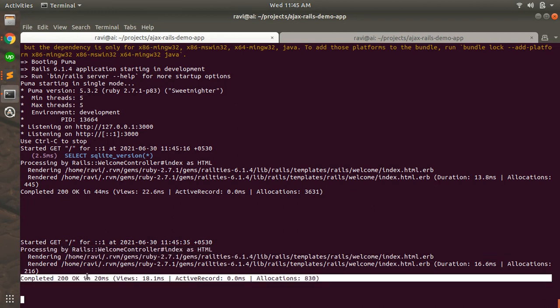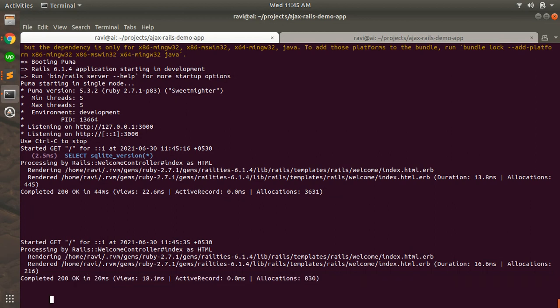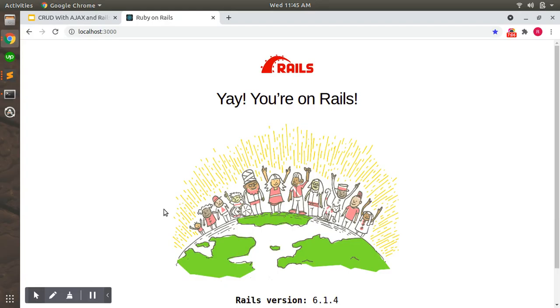Now we need to change this. What we need here is that we don't need this default landing page. Instead, we need to render our own custom page, which will display our own custom content there. So now let's do that. And so far we have done with the first item of part one. Now we need to create our own custom controller.